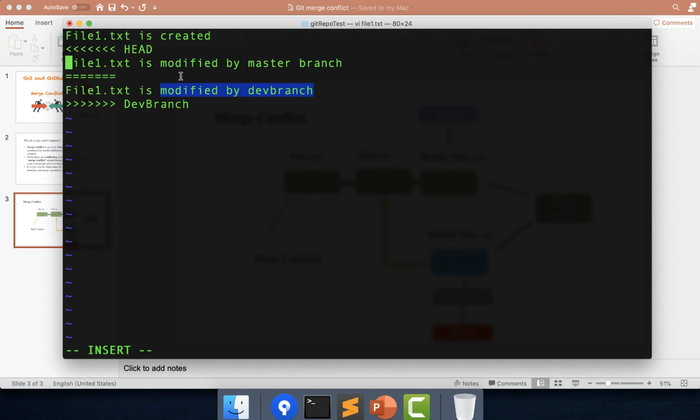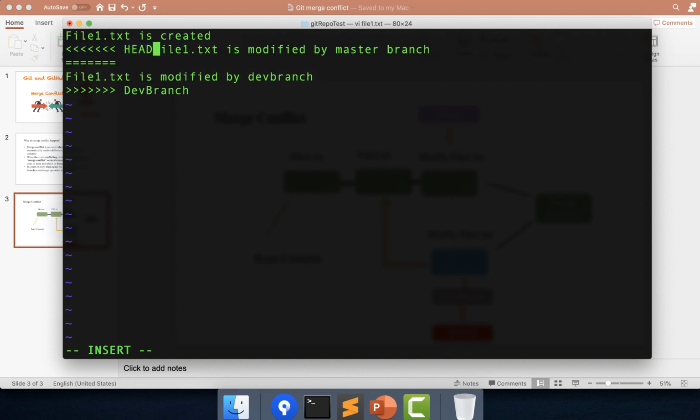So now in this particular edit mode, we can do one thing: we can delete all the unwanted content of the particular file manually. So let's say I want to keep the content of, let's say, the dev branch. So I will delete all the content that's over here like this, and I will just keep whatever is needed.